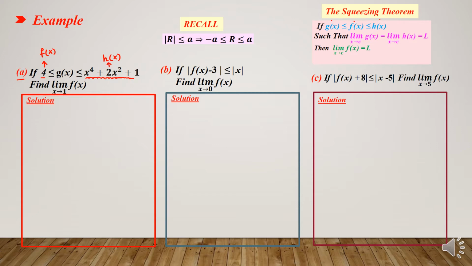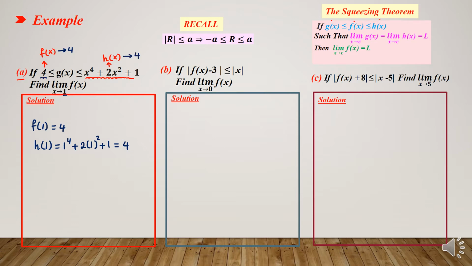Now, using the squeeze theorem, since you want to find the limit when x goes to 1, you have to replace x by 1 in the function f, and since the function is constant, f of 1 equals 4. And if you replace 1 in the second function h of x, h of 1 equals 1 to the 4th plus 2 times 1 squared plus 1, and this equals 4. As you see, f of x goes to 4 and h of x goes to 4